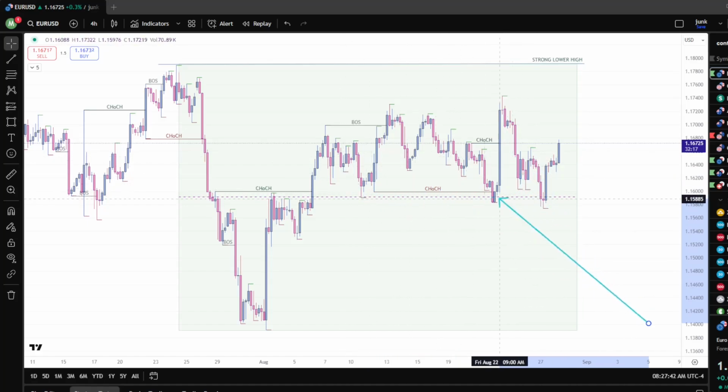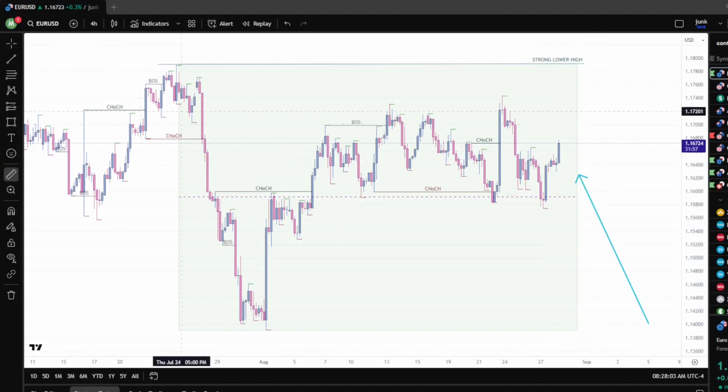It came back down to this area of support. It broke structure to the upside. But again, this market hasn't been trending really this month, just in consolidation, with this being resistance, with this being support, and just been range bound,